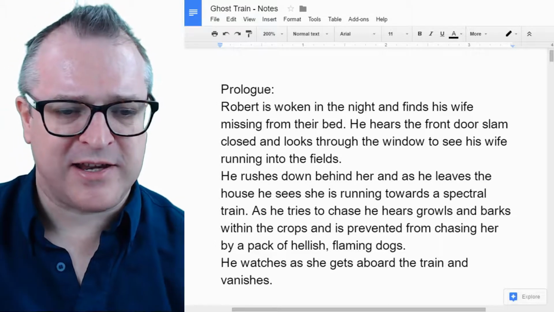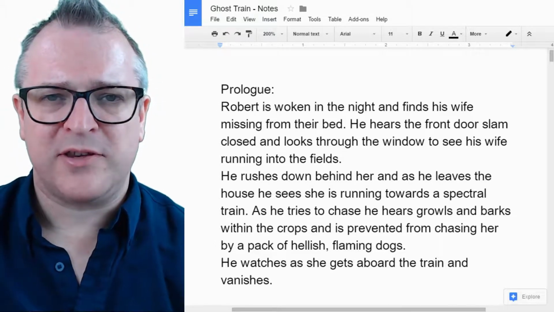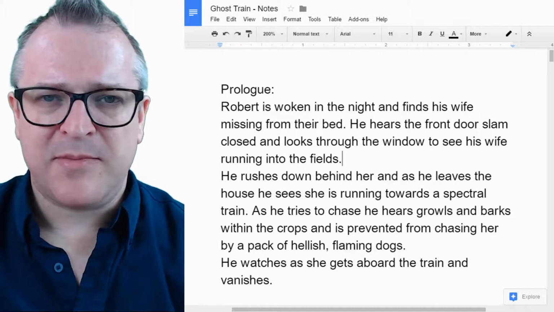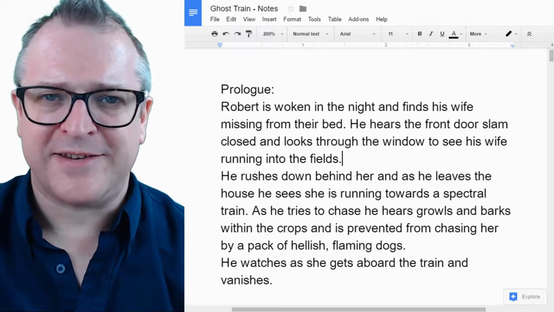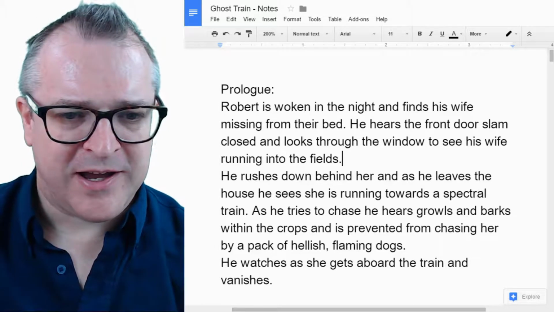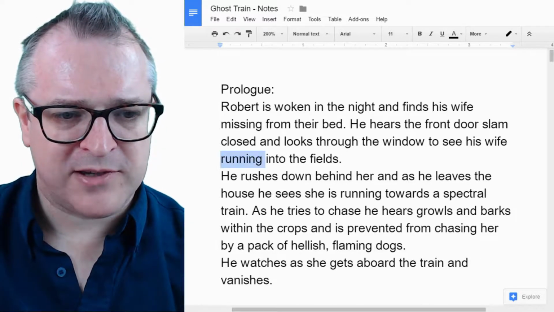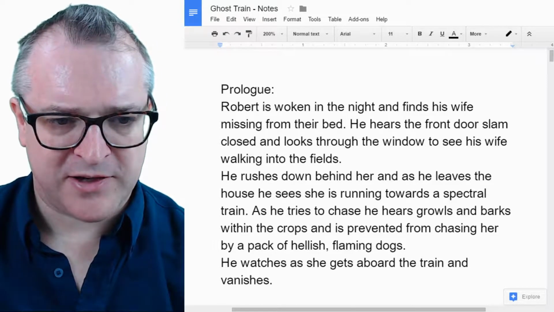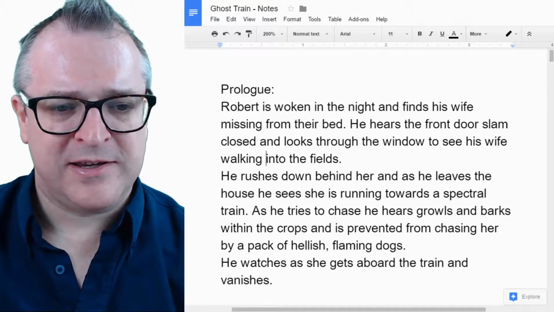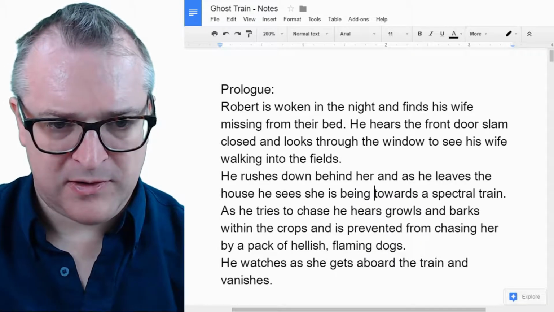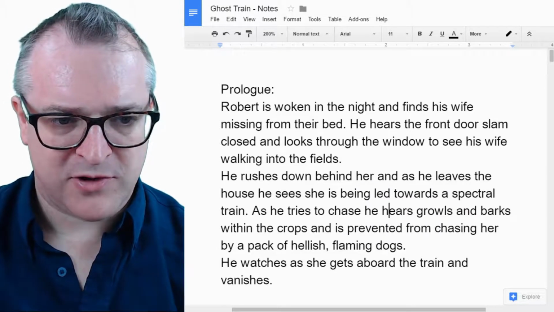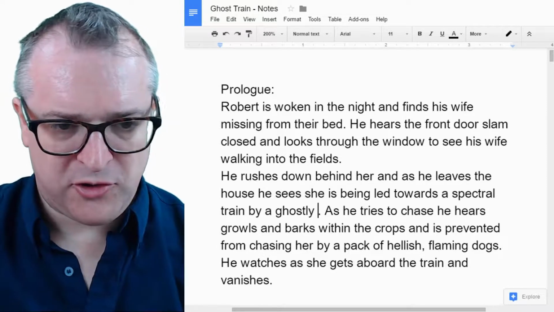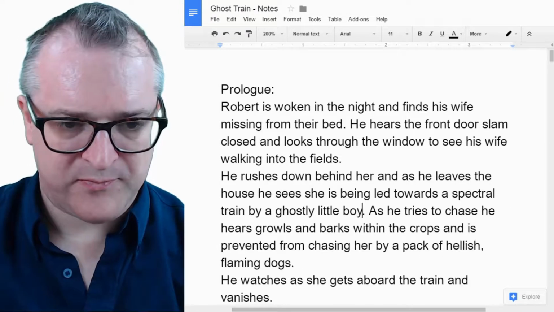I'm going to change this slightly, I think, because I know we've got this young boy on fire, or a flaming boy. I think maybe he should turn up and hold their hand, and he actually comes and takes them. He sees his wife, I say, walking into the fields. He rushes down behind her and leaves the house. He sees she is being led towards a spectral train by a ghostly little boy.